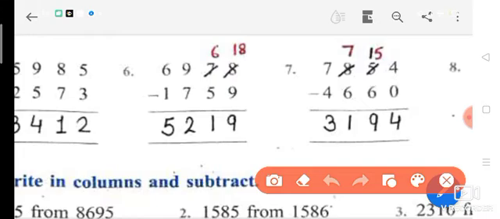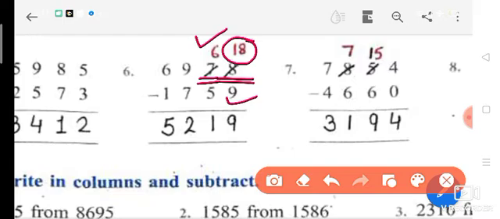So see students, here number is 8. Okay, down one number is 9. Down one is bigger. Okay, from smaller we cannot subtract bigger. So what we will do, we have to take borrow from the neighbor. So neighbor number is 7. Okay, neighbor one number is 7. So 7 has given borrow to 8. Now 8 will become 18. And who has given borrow, that number will be 1 less. So it will be 6 now.